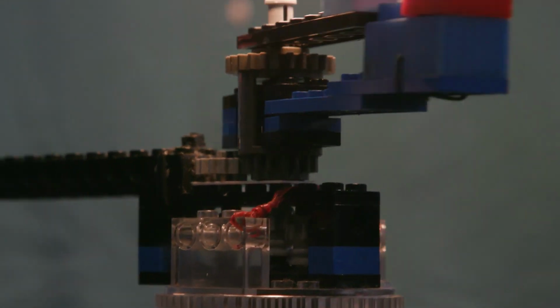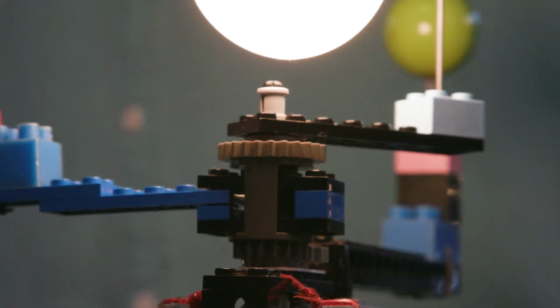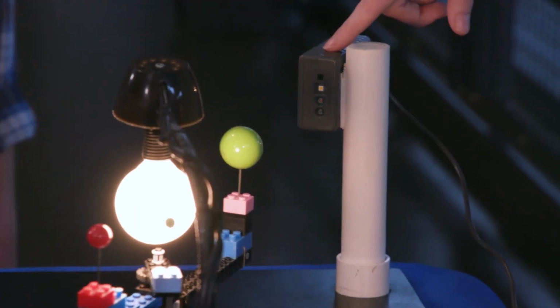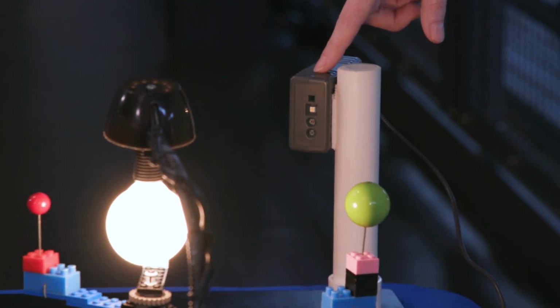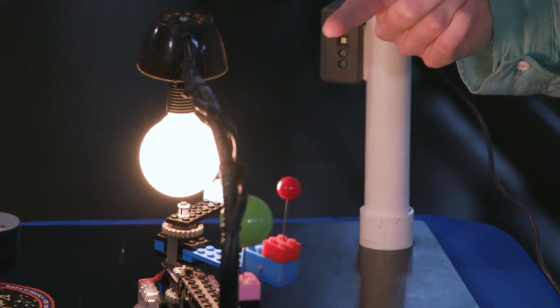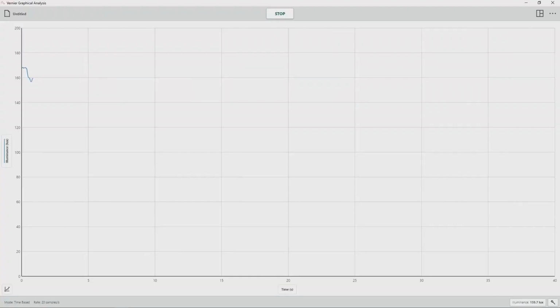So we can't see the exoplanets directly, but we can figure out that they're there using something that we can see, which is the star's light. Now that's what this is doing. This is a light sensor. It's looking at that light bulb star and it's measuring how much light it sees. I'm going to start the measurement. So on this screen, this is how much light our light sensor is seeing.